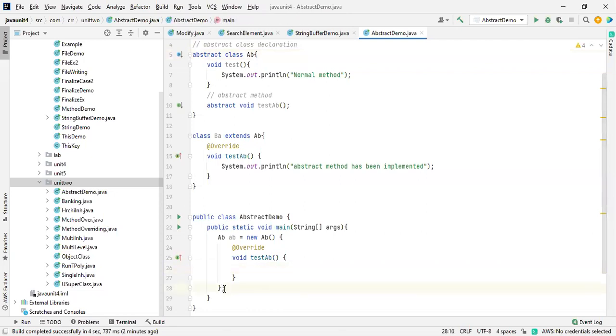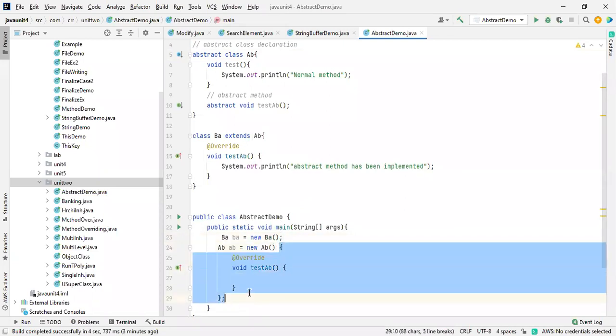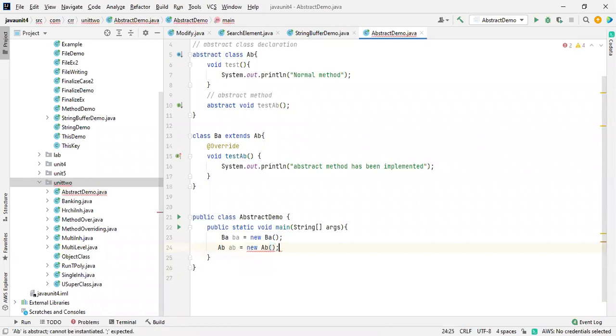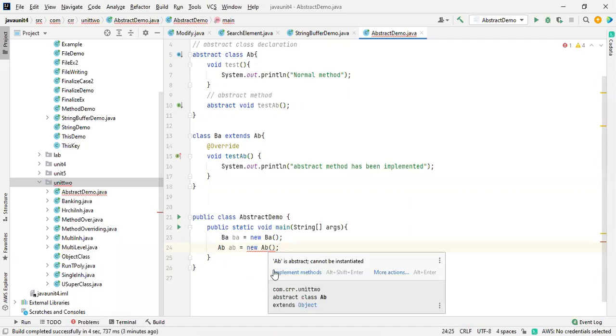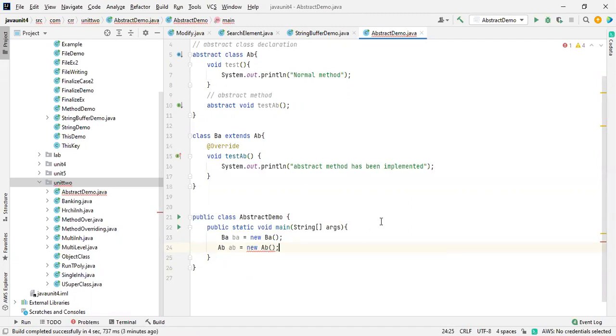And there will be a semicolon over here. So after this, we are doing it for the normal class. What will we do directly? If I want to create an object for the normal class, see this one, like BA is equals to new. See, now there is no error over here. So if I remove this, wait a second. See, I got an error. This is the difference between a normal and an abstract class. AB is abstract, so it cannot be instantiated.